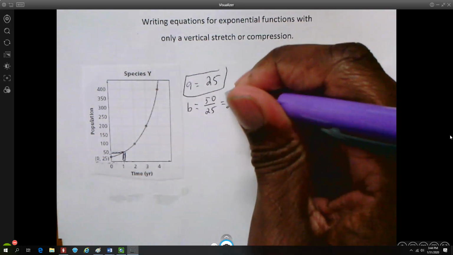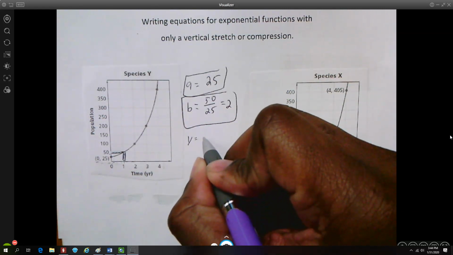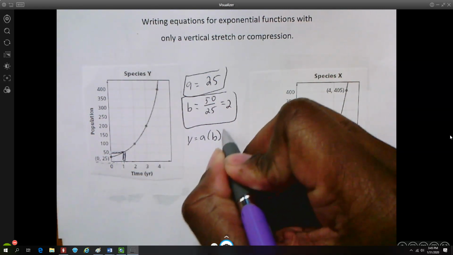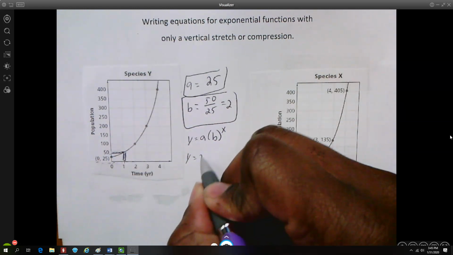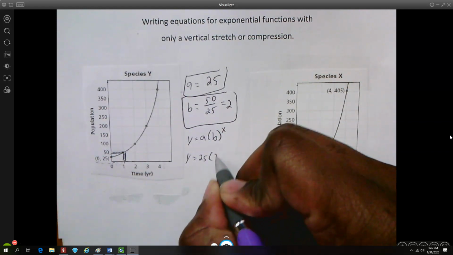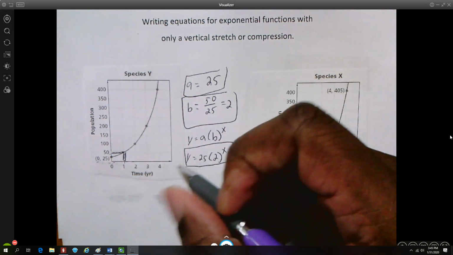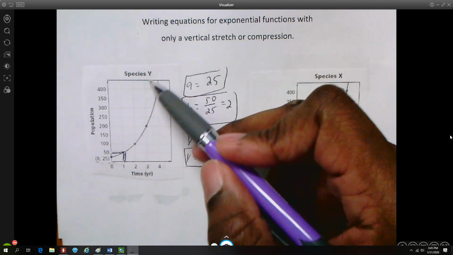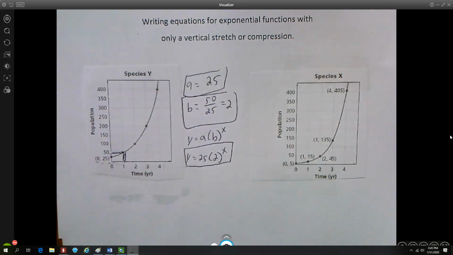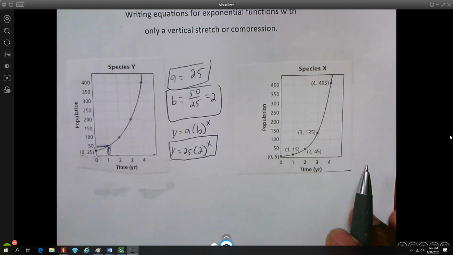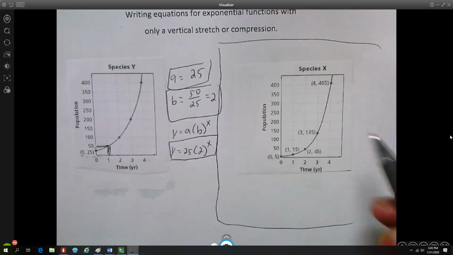So I know a and I know b. The general form for those kinds of equations is y equals a times b raised to the x power. Since a is 25 and b is 2, this equation is y equals 25 times 2 to the x power. This equation represents this species y's growth in its population over time. Here's another equation as an application, and it deals with some species x and its population growth